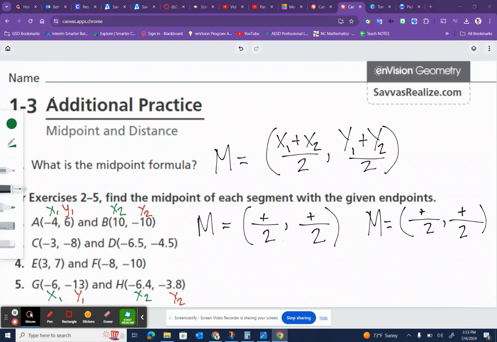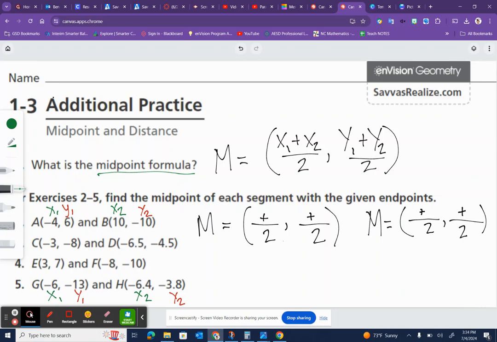Okay, so for finding the midpoint or the distance between two given points, we have two formulas. We're going to start with the midpoint formula. We take both x values of the points given, find the sum, and then divide it by 2, because that's finding it halfway. And then we do the same thing with the y values. We find the sum between those two, take that sum, divide it by 2, and it gives us the point